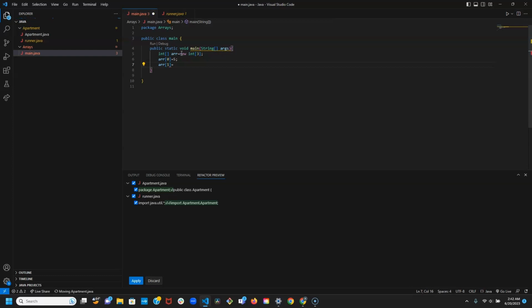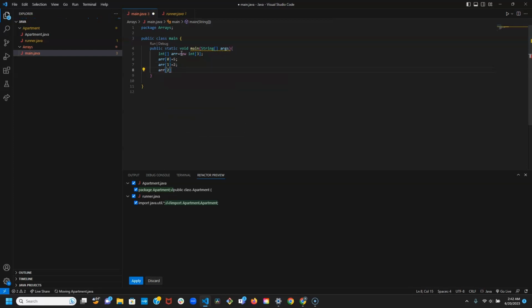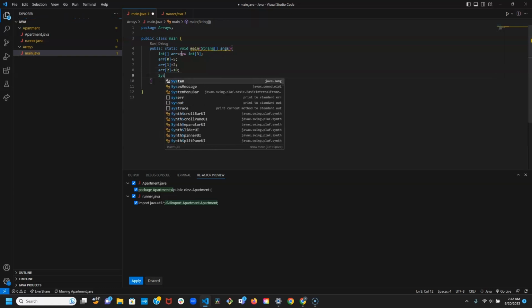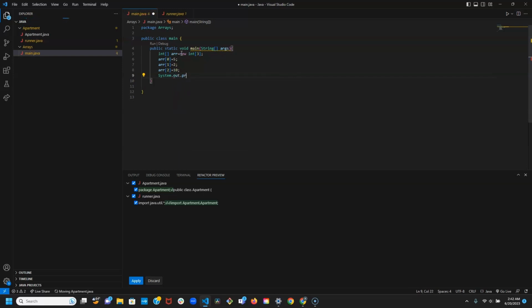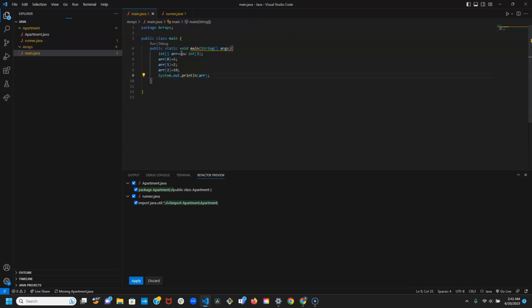If I want to change the second element, I would reference index number 1, and then let's say I want to make it the number 2. And then finally, the last index number, let's change it to the number 10. And if we want to print the values in our array, one big limitation of arrays is that you can't just print out arrays directly. Like, I'm sure you think, oh, I could just do that, but